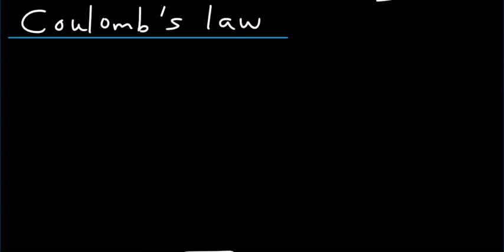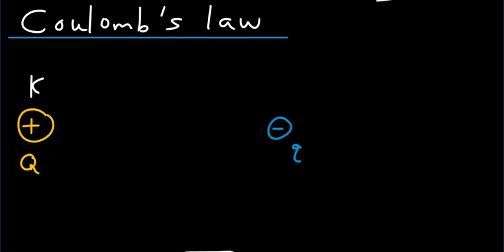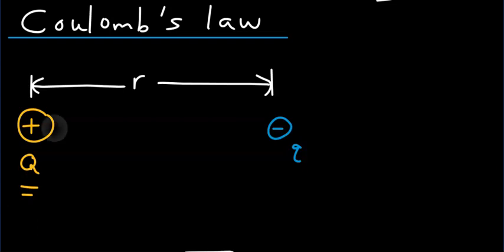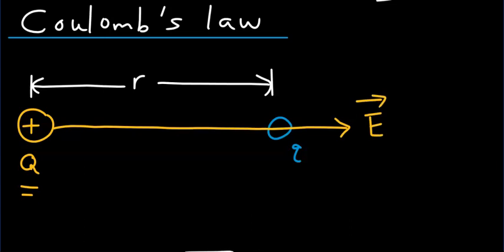Now let's apply that result to a system of two point charges. Let's say you have a positive charge with a strength capital Q, and you have a negative charge, let's say here, with a strength little q. Now let's assume that the center to center distance between these two charges is little r. We know this positive capital Q produces an electric field in an outward direction. So let's just, for an example, look at one such field line, like that. The force on this little q